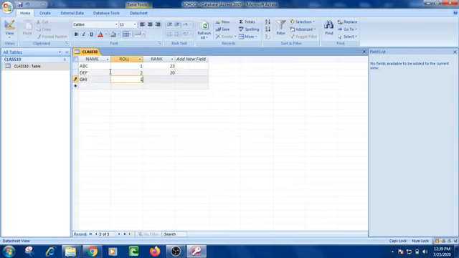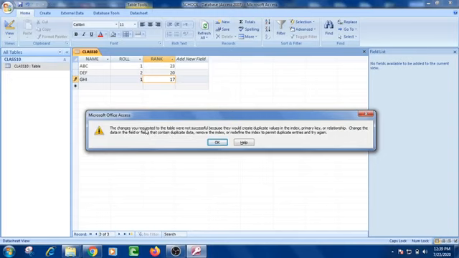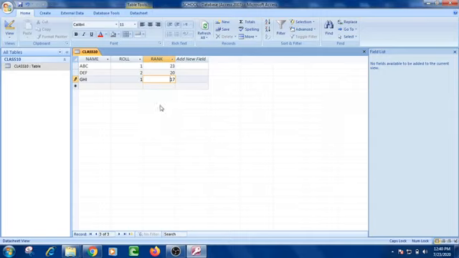then suppose that I am typing 1 in the place of roll. You can see that duplicate value I am going to enter. Just see what will happen. On moving to the next record, it will give the message that the changes we requested to the table were not successful because they would create the duplicate values in the primary key. So I have to change it. Now I am going to make it 3. Now it becomes unique.